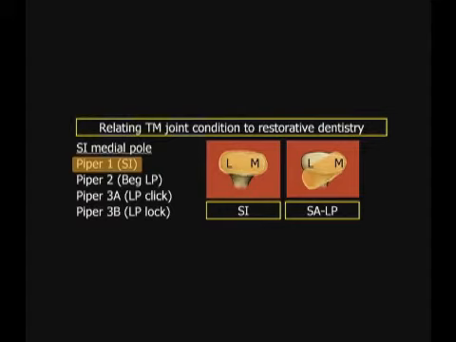Let's begin by looking at cases that have structurally intact medial poles. That would be a Piper stage 1, which is a structurally intact joint, a Piper stage 2, which would be beginning lateral pole breakdown, a Piper stage 3A, which is a